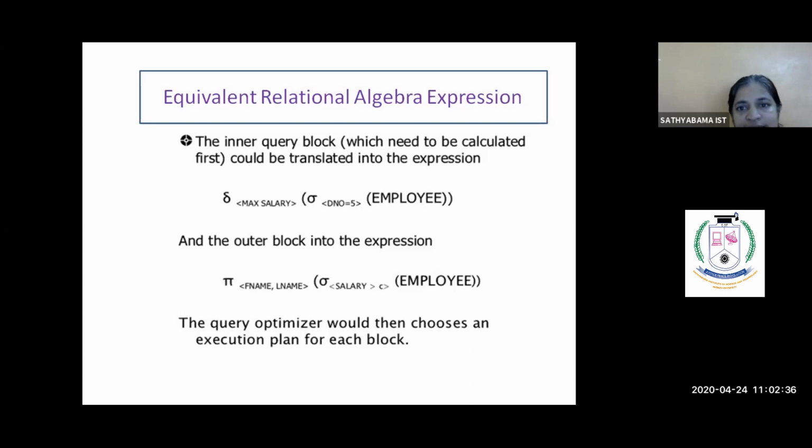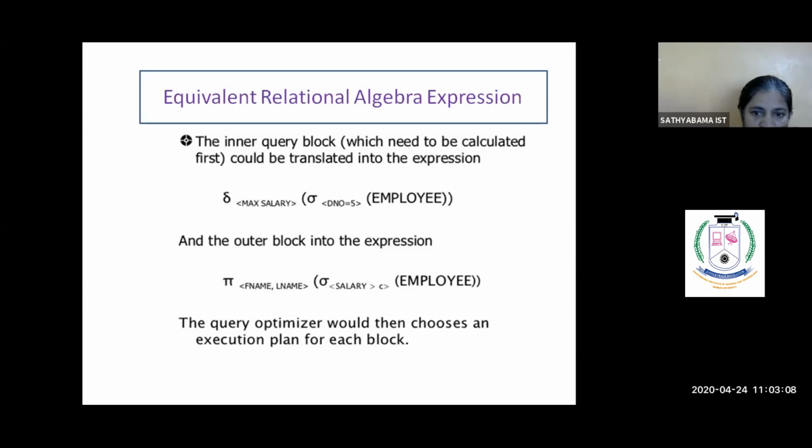For this particular SQL query, the equivalent algebra expression is given here. We take the inner query, max of salary for department number equal to 5. Which employee is getting the maximum salary? That will be calculated, and that answer will be given as input to the outer block.